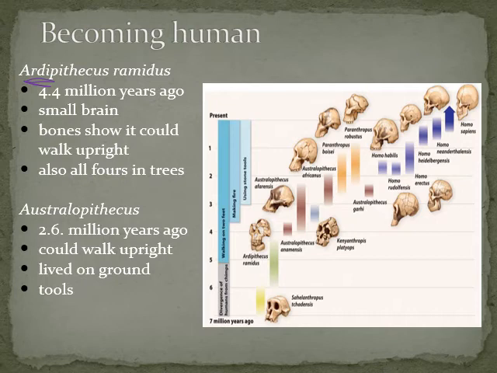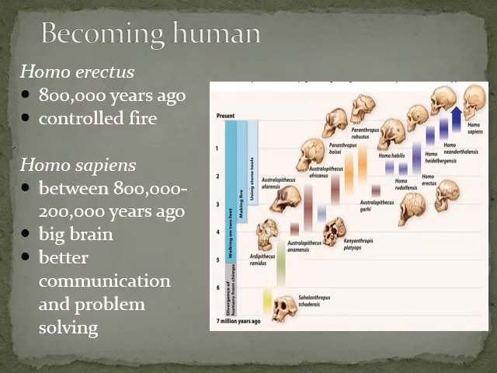About 2.6 million years ago, we're working our way up, we're getting to Australopithecus. They could also walk upright. They seem to live on the ground. Their arms were probably starting to get a little bit shorter than their legs, and we have evidence that they actually started to use tools. So brain probably got a little bit bigger as well, but still not quite where we are today. Homo erectus, that was about 800,000 years ago. These are the guys that started to control fire. And then we get to Homo sapiens, which evolved somewhere between 800 to 200,000 years ago,